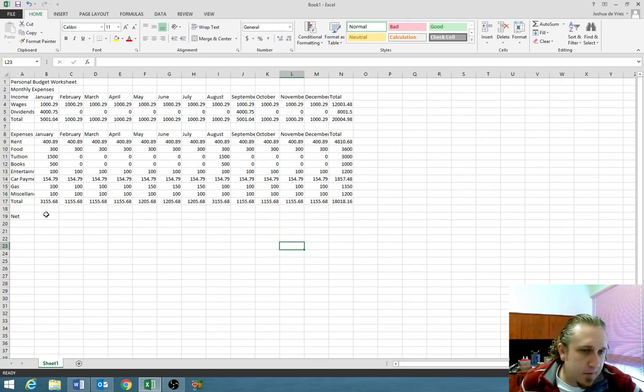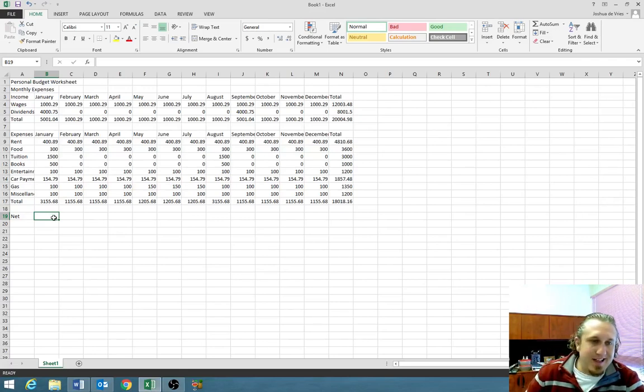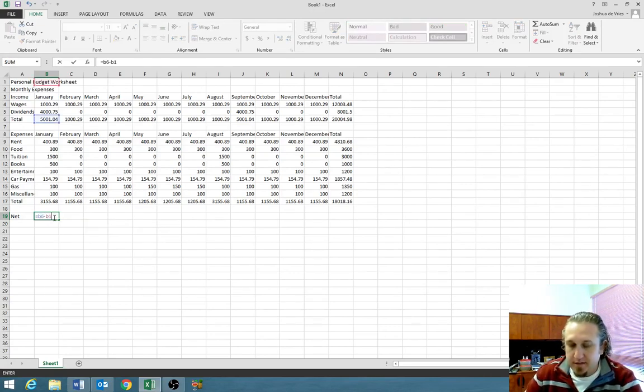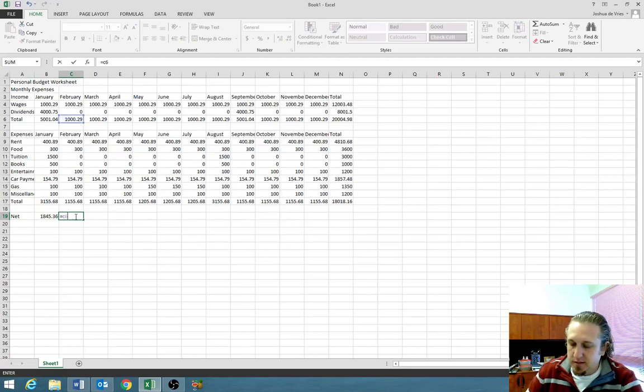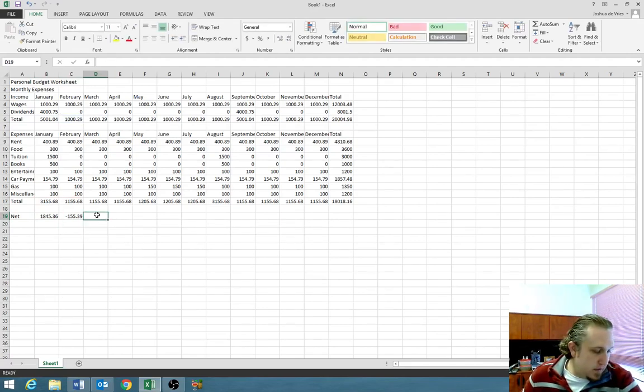Now we're going to get into a little bit of the point and clicking aspect that makes Excel so interesting. We are going to type in equals B6 minus B17, enter. You're going to notice it's adding it for you. So again, we're going to do this, equals C6 minus C17, enter. And as we go along,